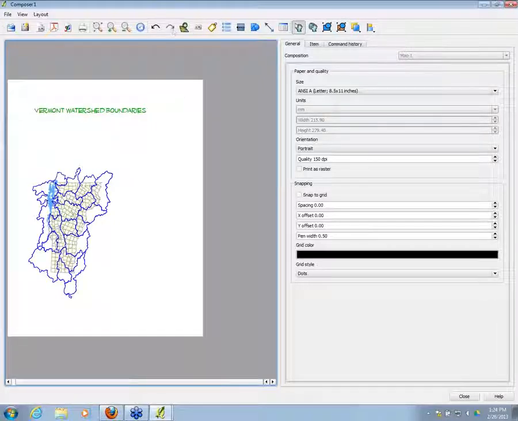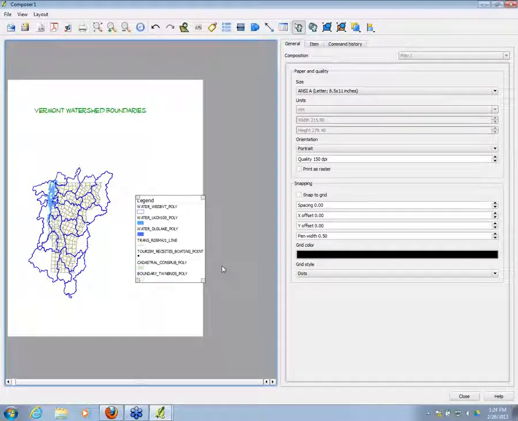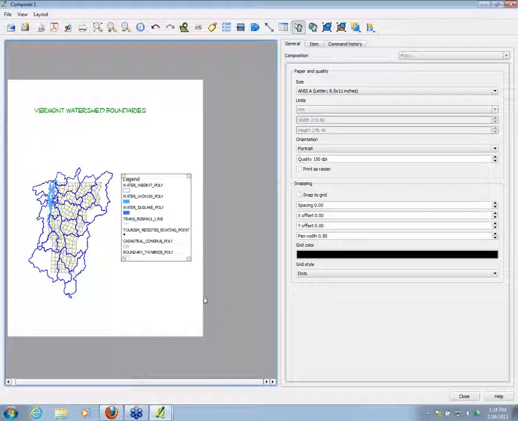So other things we might want to add, probably a legend. So again, we just click, and notice that mostly what I'm doing with these buttons up here, nothing happens when I click on the button, the icon. All I'm doing is sort of turning my cursor into a tool that can now add that particular element. So I've clicked on the Add New Vector Legend, and now I just have to do a left click on the map layout, and it just automatically creates and sticks a legend in there, which is nice,